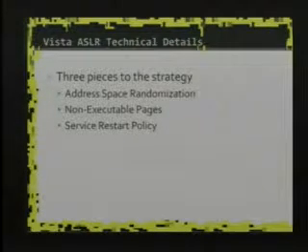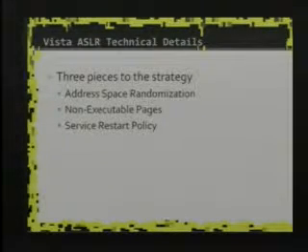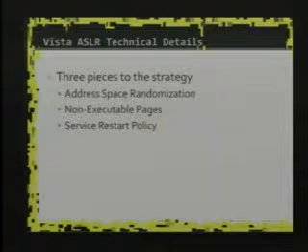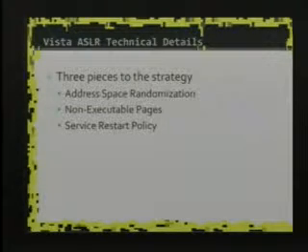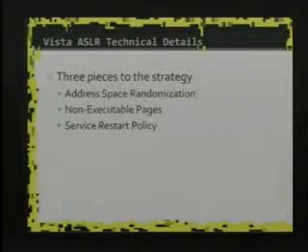So there's 3 pieces of the strategy. We've got the randomization, non-executable pages are crucial as well, and then there's something that most other platforms don't use, which has been in Windows for quite a while, and it's the service restart policy. If you've ever gone to your services control manager, if you go to the properties of one of those services, there's a little tab that says, what do you do after the first time this program crashes? What do you do after the second time? What do you do after the third time? And since this was already in there, they utilized this to restrict the brute forcing of ASLR